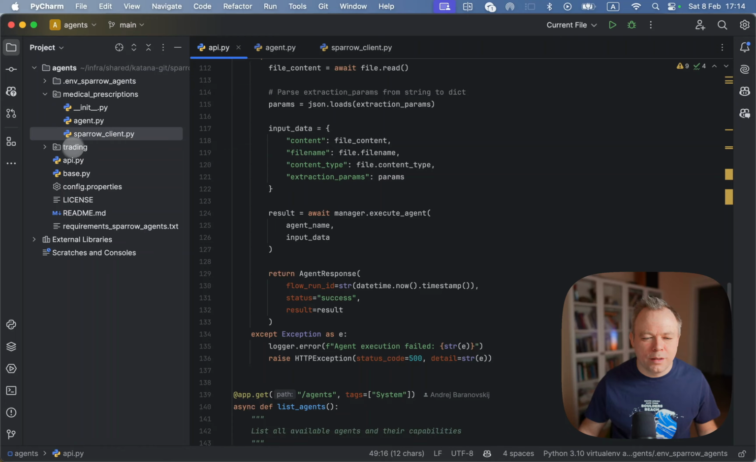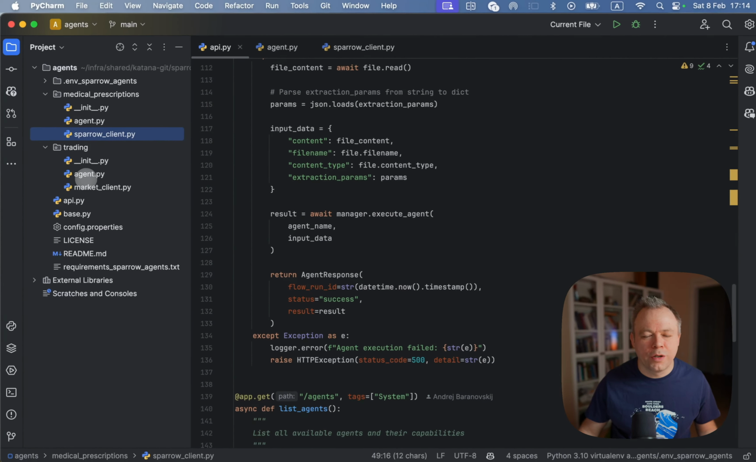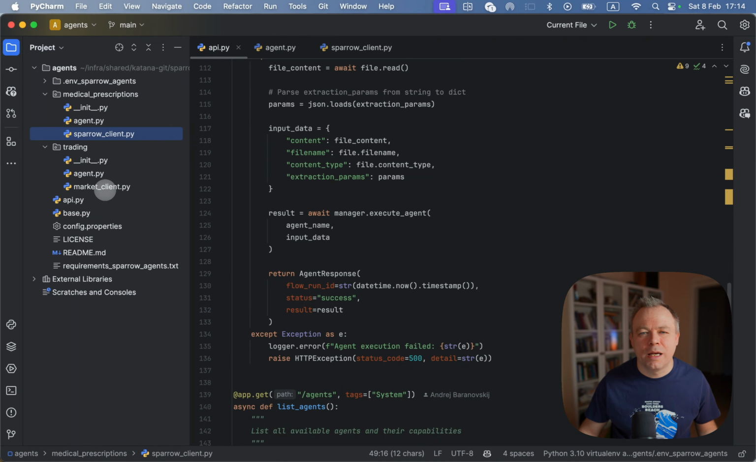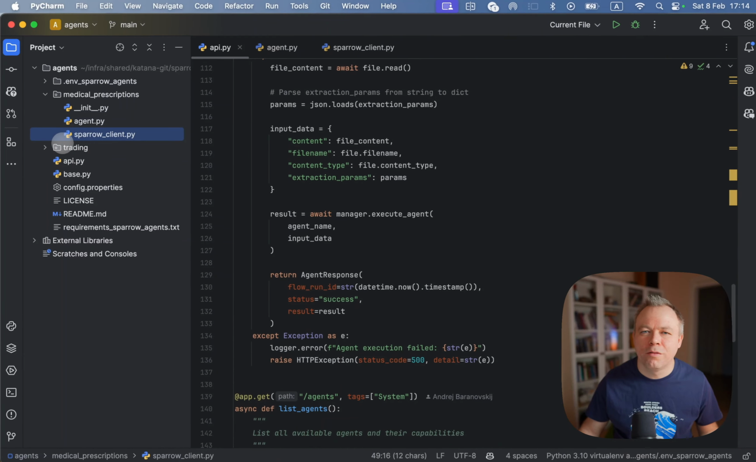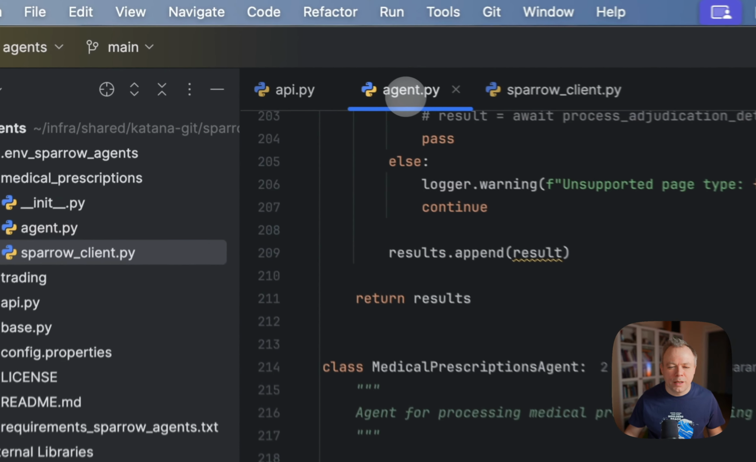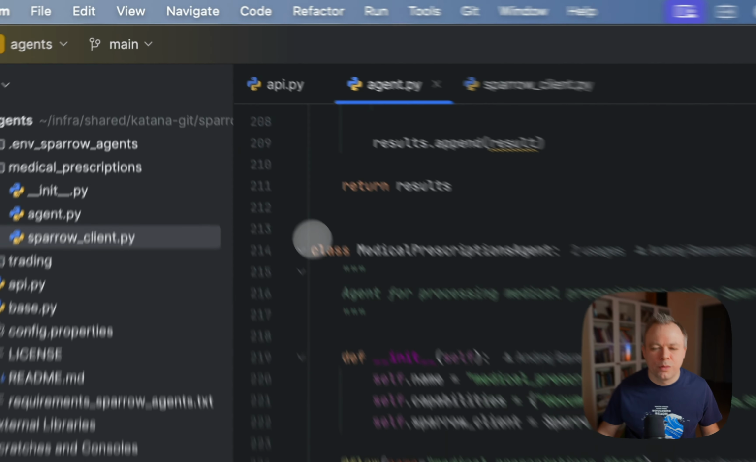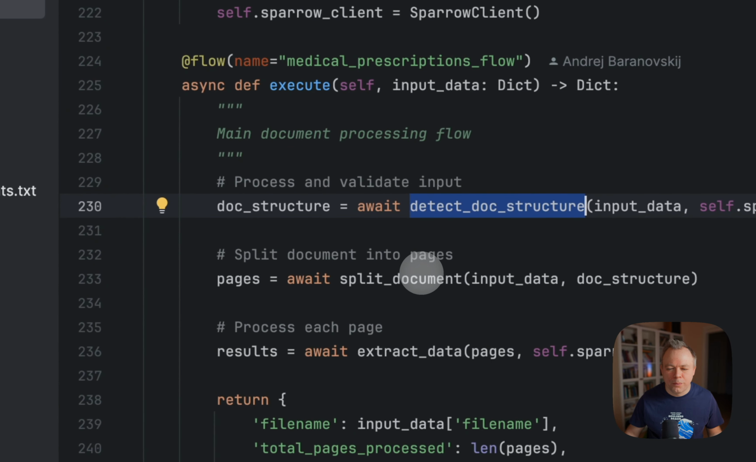Okay, and then we look under the trading agent. There's an agent code for the trading, and there's a market client which is supposed to call some system where market information can be accessed. In our case, we look into the prescriptions, and here we go to the agent. So this is the main agent class, and this is the flow of functions that are being called. We detect document structure, then we split documents, and then we extract data. Right, and then if we go to the first function,